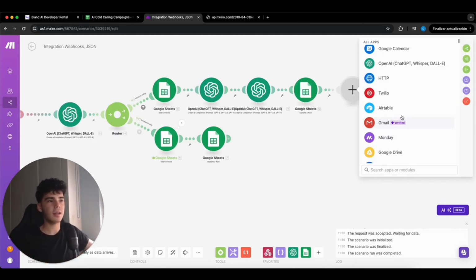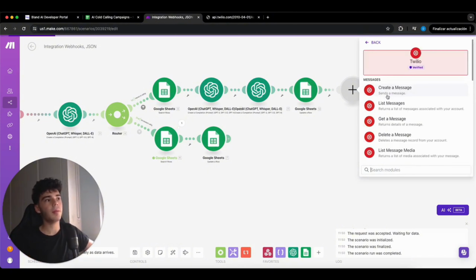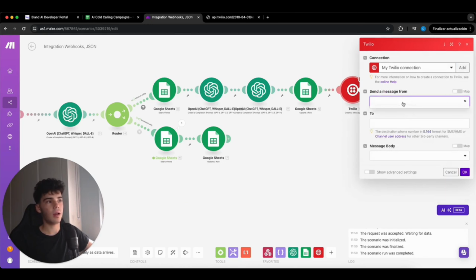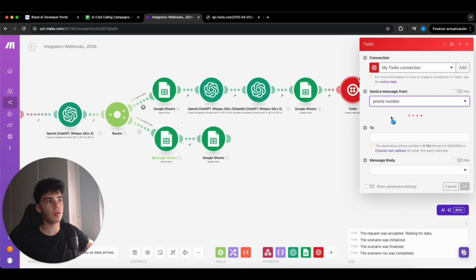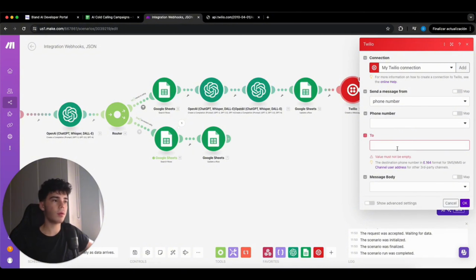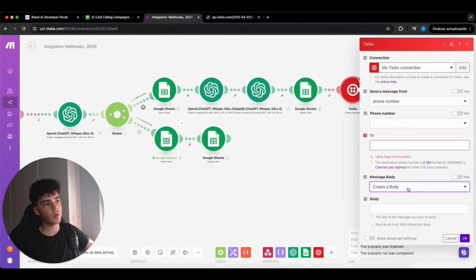That's why we are gonna add a classic Twilio, or you could also add a Gmail, no problem. And we are gonna click here, and we are gonna send a message from number. Put here your phone number. To, it will be the phone number of the real estate agent, and inside create a body,